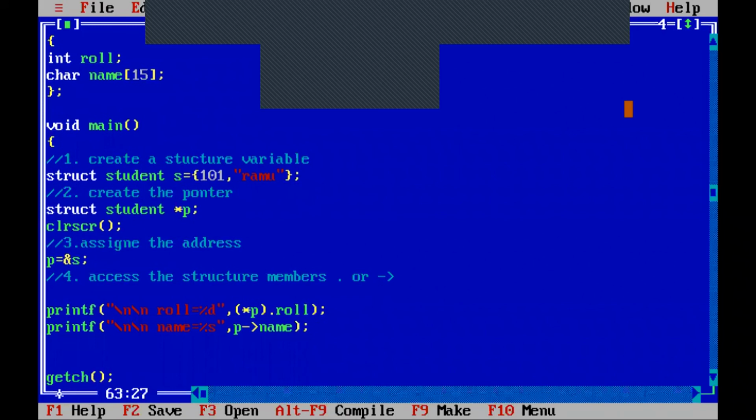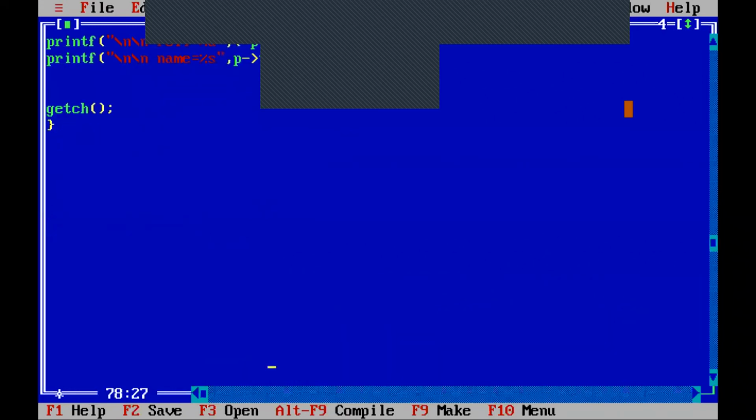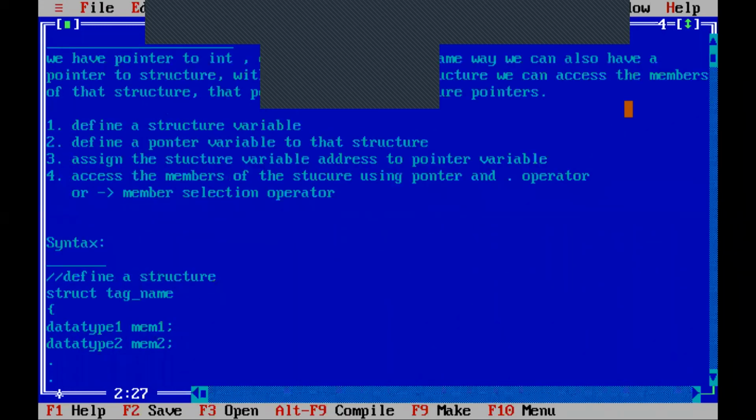With this we completed today's topic, and sometimes there are 50% chances for a long answer, and for a short answer also it will come. So 50-50 chances. If he asks you for a long answer, it will be a second bit or first bit. That means a question contains two bits, A bit and B bit. In the A bit, he will ask you one question, and in the B bit, he will ask you what is a pointer to structure. And sometimes he will ask you a direct question in the long answers. So what is the topic?